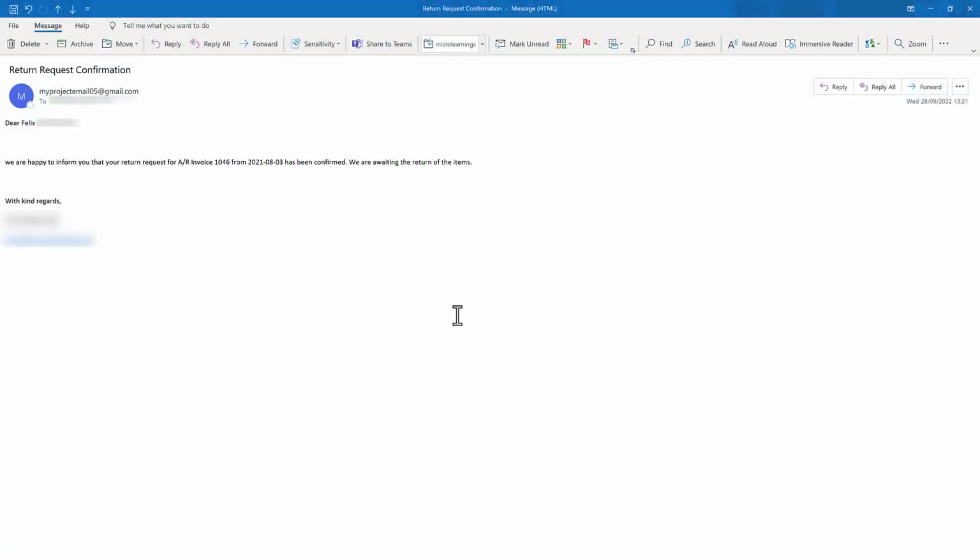In Outlook, you can see the email notifications sent by the automation to the customer, indicating that the return request has been confirmed. This concludes our